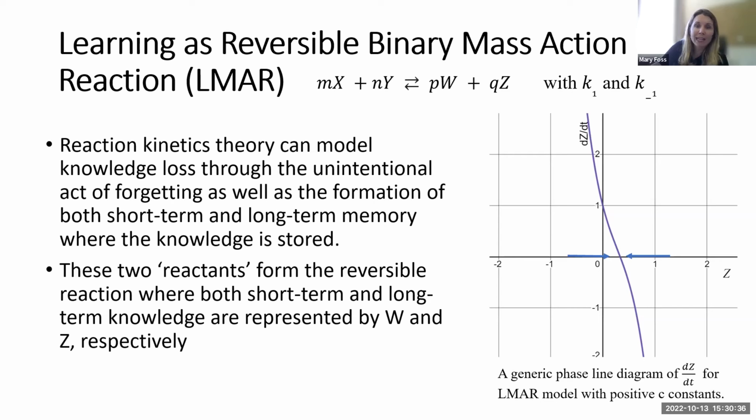So we have one equilibrium condition here that is stable, but we have a very narrow range where the change of knowledge, dz/dt, is positive and the total knowledge is positive. Like the others, there still exist several flaws in the philosophy of this model. It presumes that short-term and long-term knowledge are gained concurrently, which is counter to the Atkinson-Shiffrin theory.